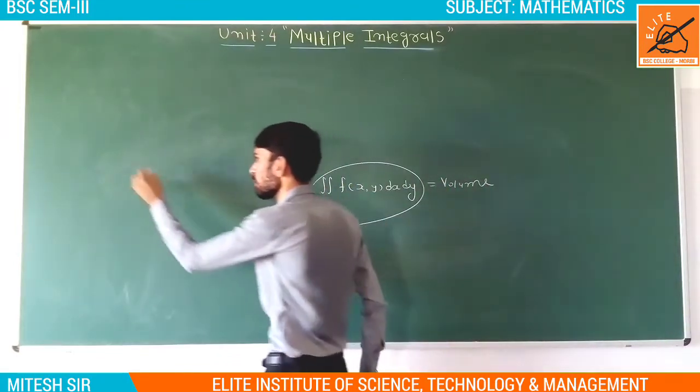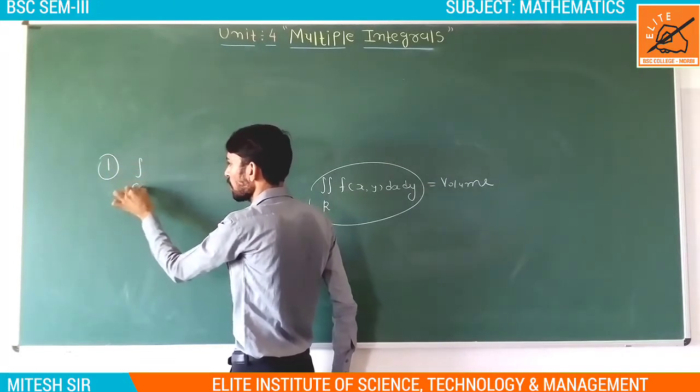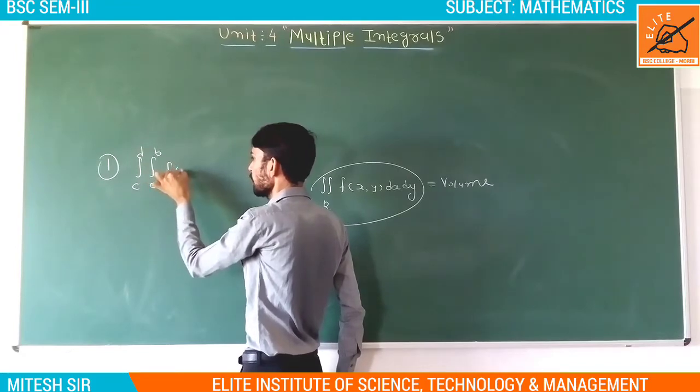So first case, suppose we have been given constant limits of integration in this form: integration c to d, integration a to b, f of xy